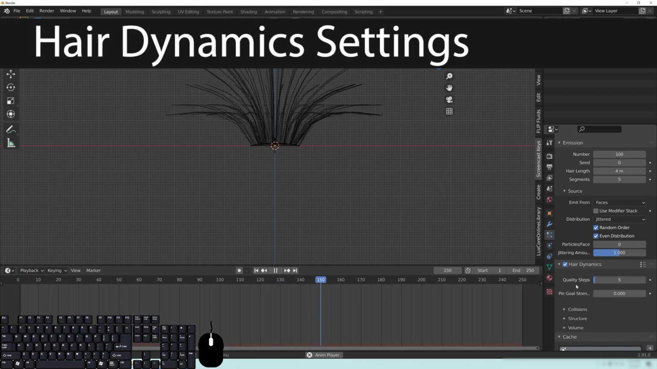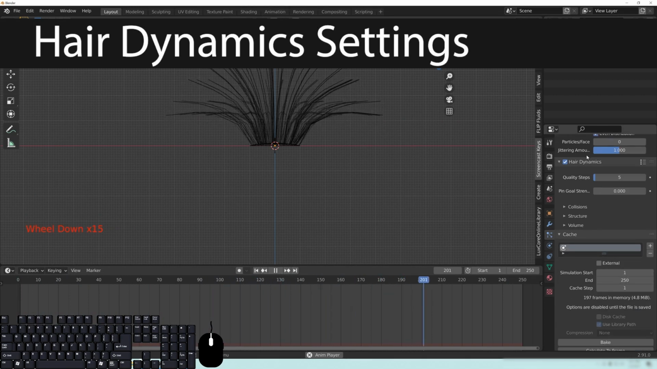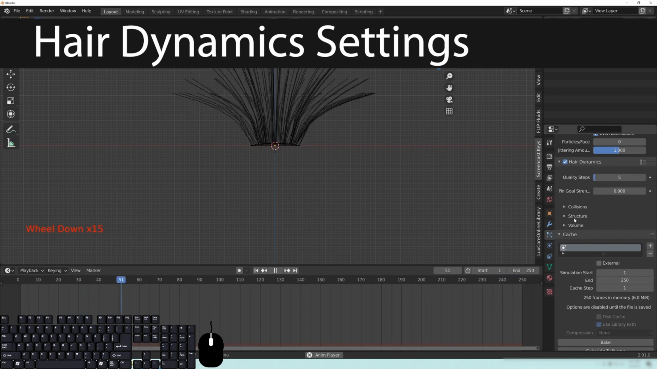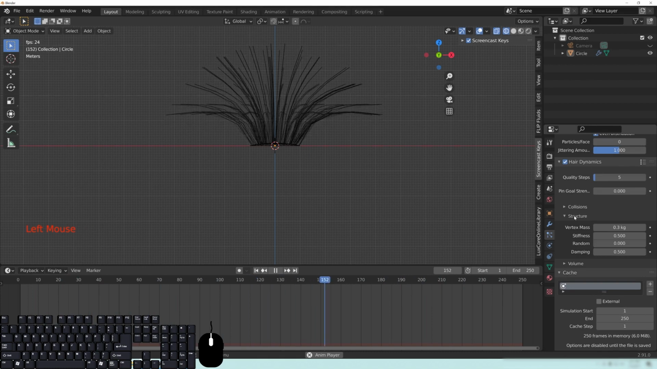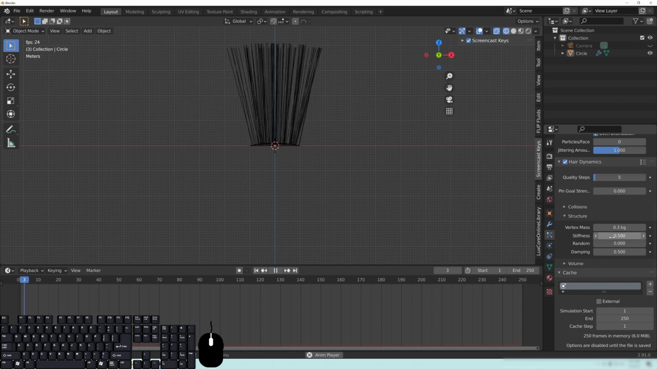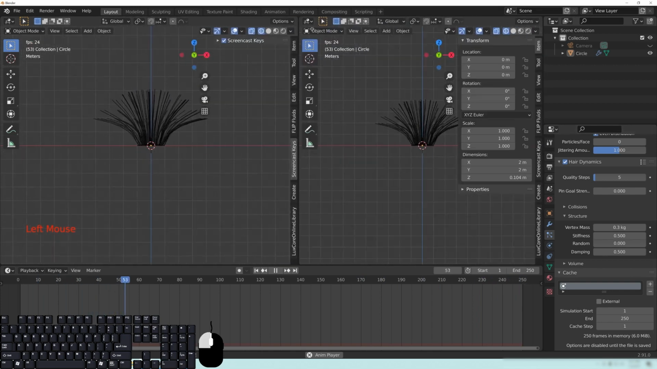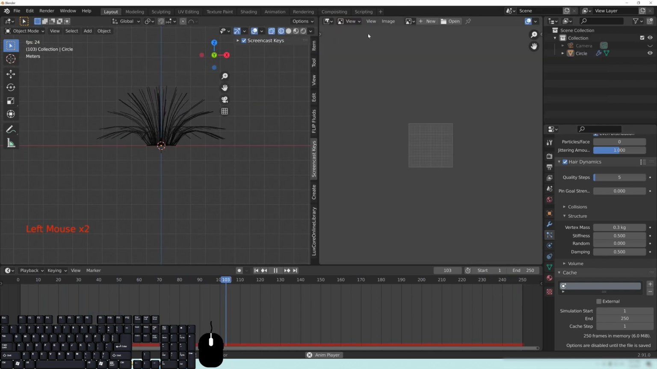And let's go down to the hair dynamics on the right. Quality steps, we're going to leave where it is. And what we actually want to do here is change the structure. Okay, so if you left click on this structure right here, you're going to see a bunch of different stuff. And what we want is, if I bring this back over here, and we go to the image editor and